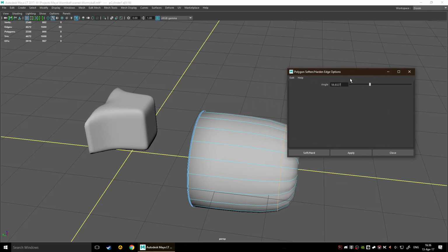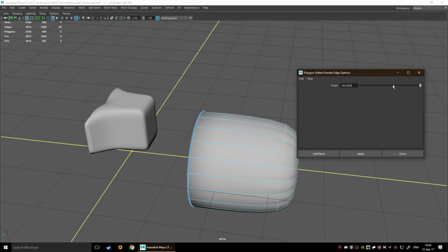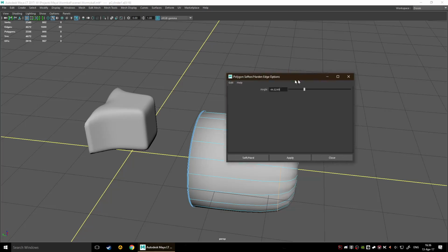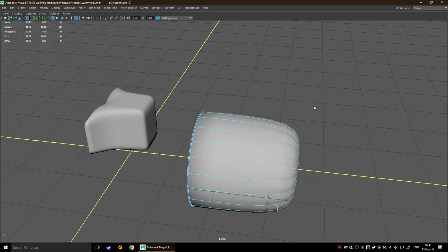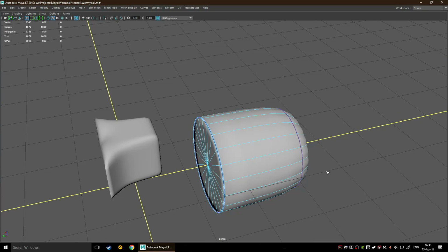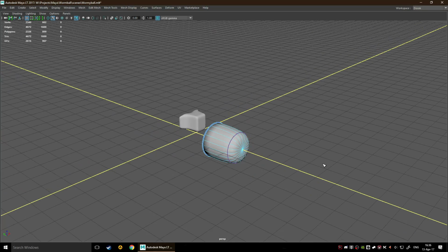In our case, we can increase the angle, for example, to 180, but for some reason it doesn't really work for me. I never really see a good enough result for hardening. I really don't know what exactly it is. As far as I know, it's used just to cut off the subdivision or maybe the light calculation. But in general, you'd be better off using the creases to achieve this effect here, right? But anyway, enough of this stuff. Let's go into